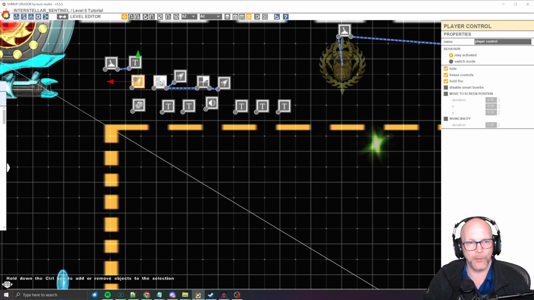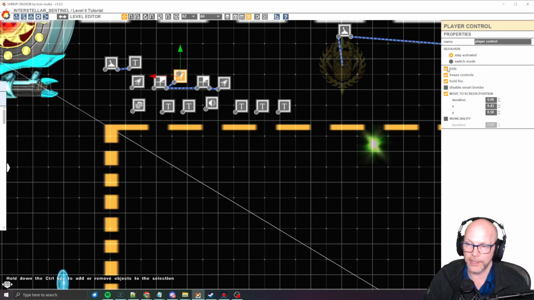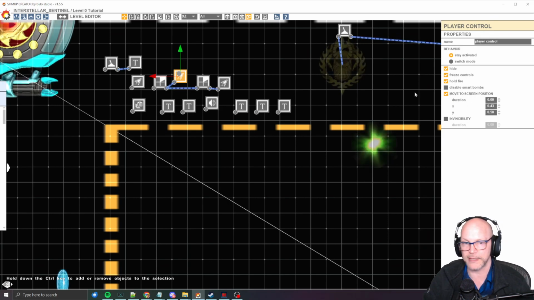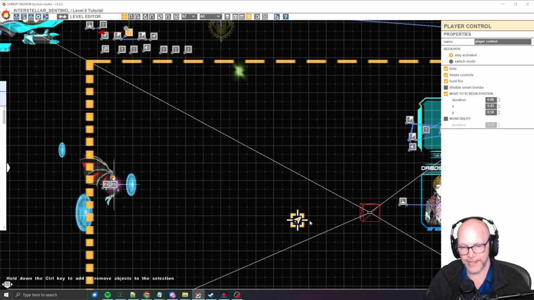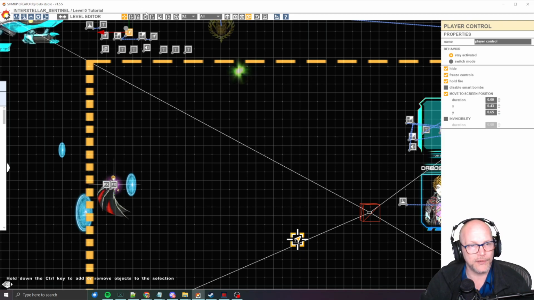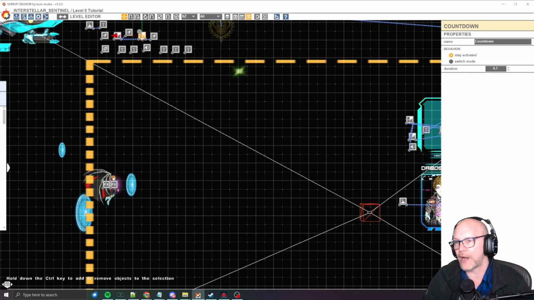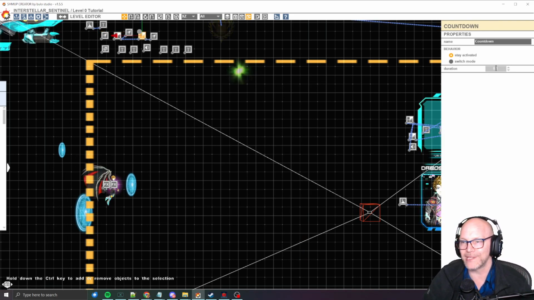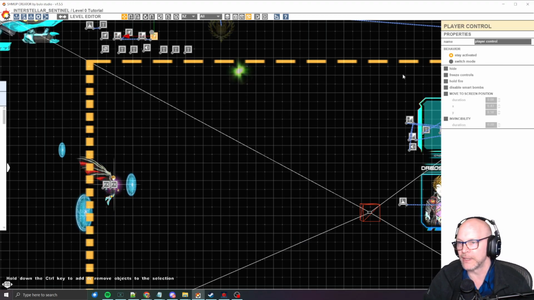Then 1.8 seconds later, we come back to player control, and in our case, we continue to keep them all hidden, and then we move the player character position to these XY coordinates. You can see the XY coordinates here. In our case, we have a move. Then approximately 1.1 seconds later, we come back to the player control, because now that we've moved it,